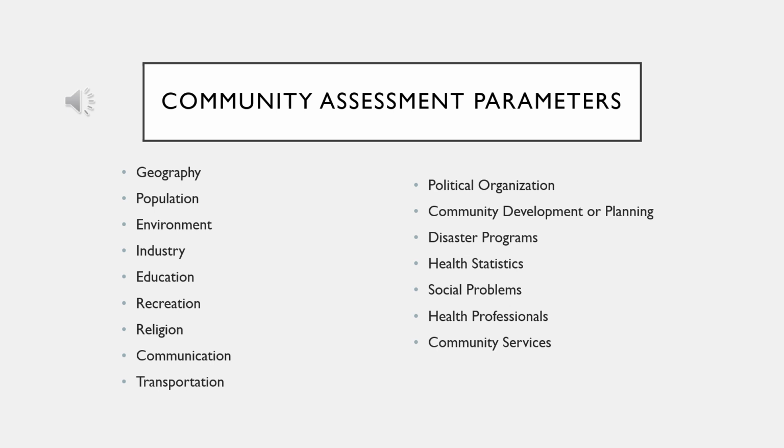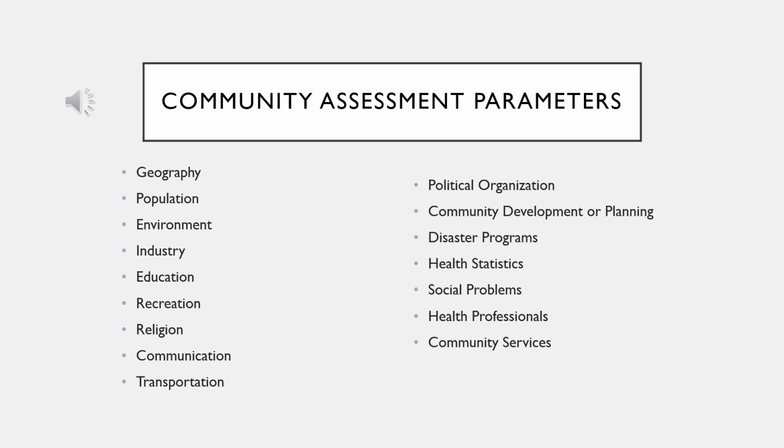Whenever we are assessing the community parameters, these are the things that we want to look at. The geography of the community, what the population is. So, we can look at ethnicity, age, gender, all of our demographics for our population. We can look at the environment, the industry, education, recreation. Are there parks around? Are there trails? How are the sidewalks? The religion of a community,